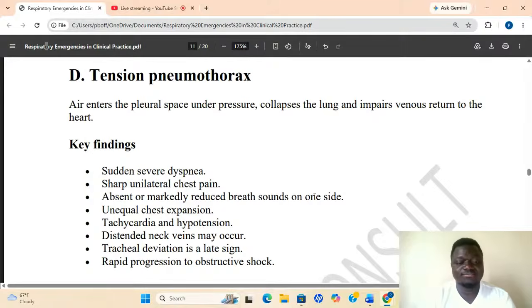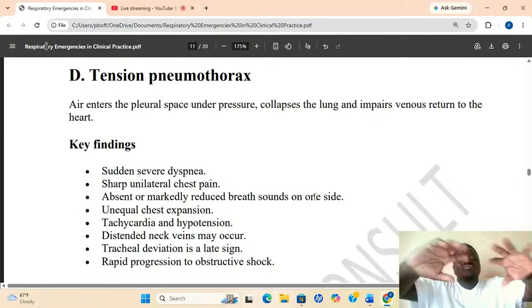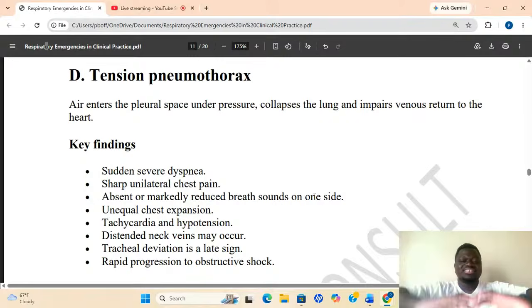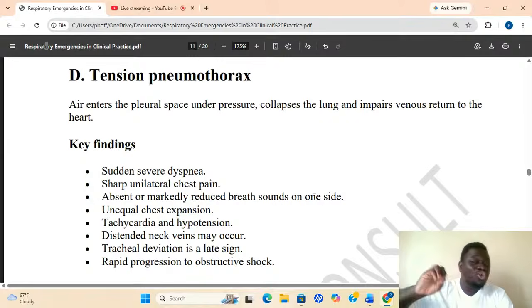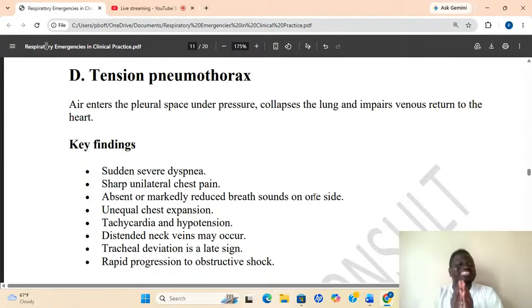Negative pressure. Okay, so as we are here, all our chest and our abdomen is sealed. God has covered it with muscles and skin, so no air is going there from anywhere apart from your nose and your mouth. No air is passing through anywhere under force to go anywhere. So for that one, we call it what? A negative pressure. It does not mean pressure is not there. Pressure is there, but it's called negative pressure.